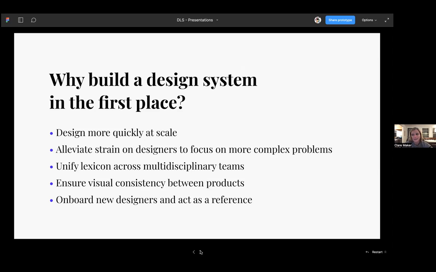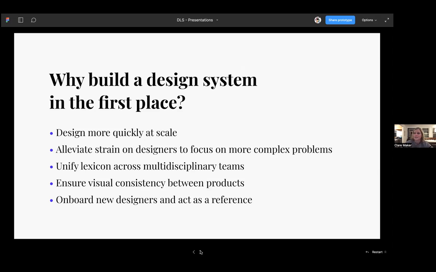But you may not need a design system if your team isn't doing a ton of active product development. You may not have that need for speed. If your development team is small and communicates well, and even as your team grows, there's less expensive ways to improve communication than building a full-on design system. If your business has a limited runway, it may not be worth the time and investment for someone or a company that's trying to stay lean or do a quick test and learn.